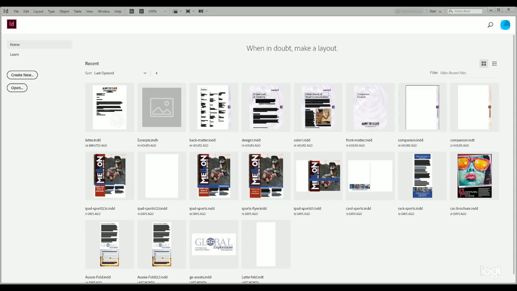1, layouts with numerous images can be very large, so dividing these layouts into pieces helps the file size be smaller. 2, if a long document is divided into multiple standalone files, several designers can work on different files on the same book without the risk of accidentally overwriting another designer's work. 3, if a long document is split into several files, you won't have to lose the entire job if a single file becomes corrupt. So very, very important reasons why it's a good idea to break them down into multiple